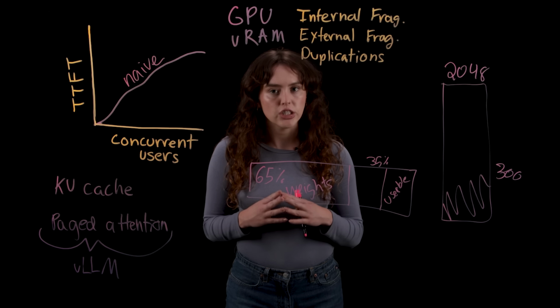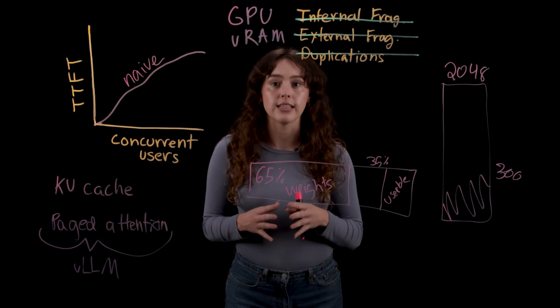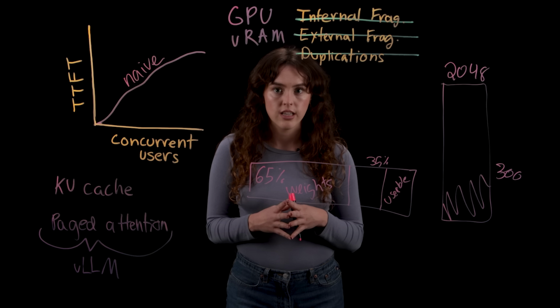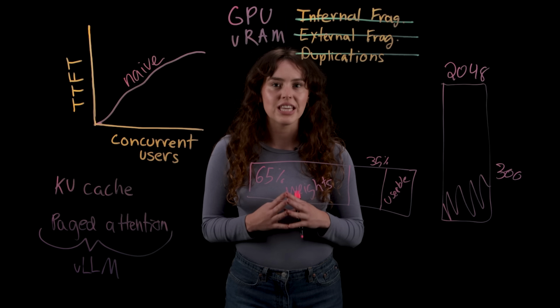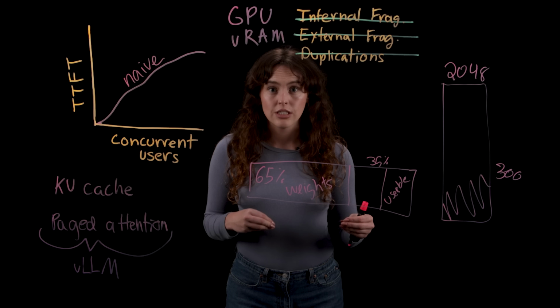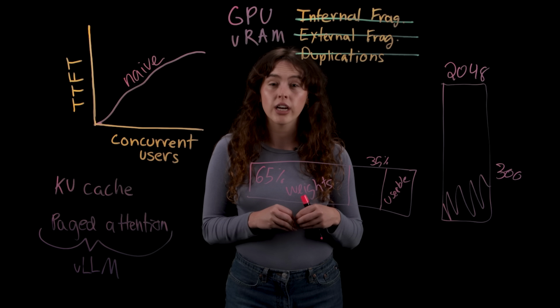Now, PagedAttention eliminates each one of these issues and applies the exact same insight that operating systems use for RAM, virtual memory paging. Instead of one contiguous block, it breaks the KV cache into small, fixed page sizes, by default 16 tokens each. Now, these pages can live anywhere in GPU memory,